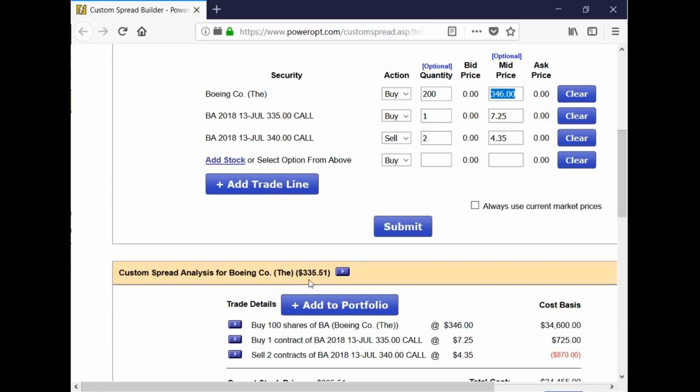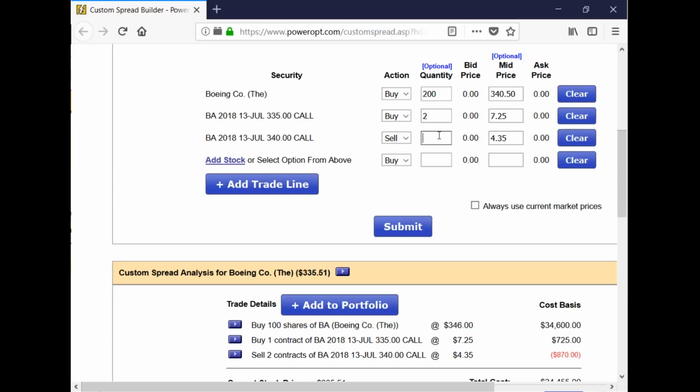You buy another 100 shares at 335, which is an 11-point difference. So now your cost basis for 200 shares is going to be lowered by about $5 or so. So we're going to be at about 340.50 for a cost basis. Got put at 350, but the $4 premium averaged down, buying another 100 shares.